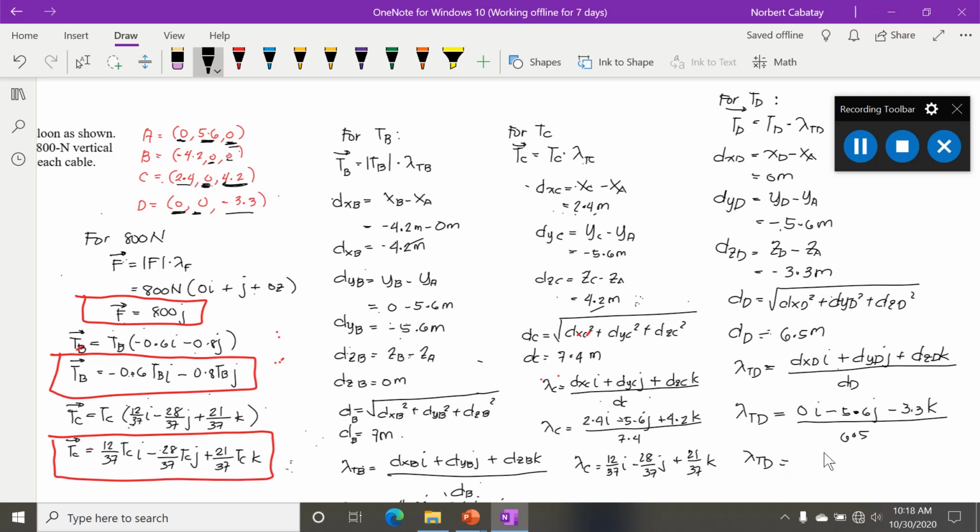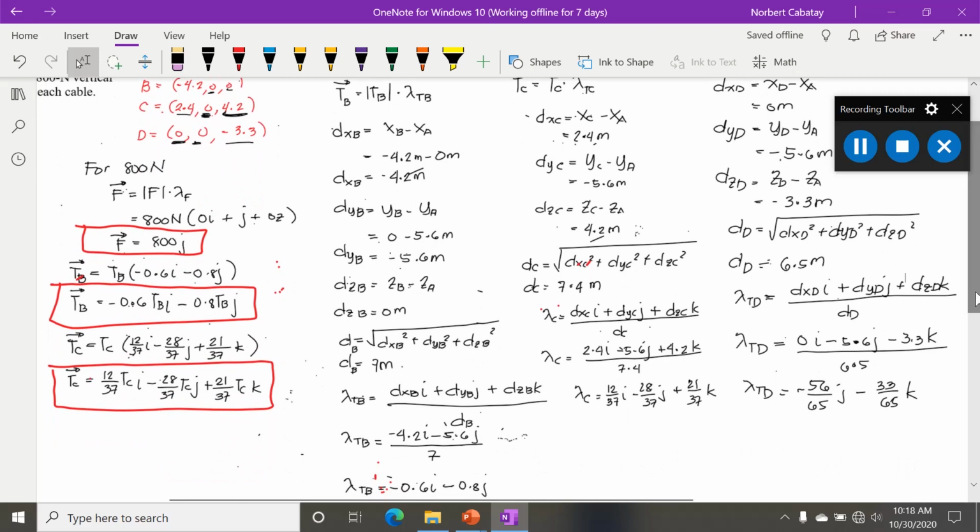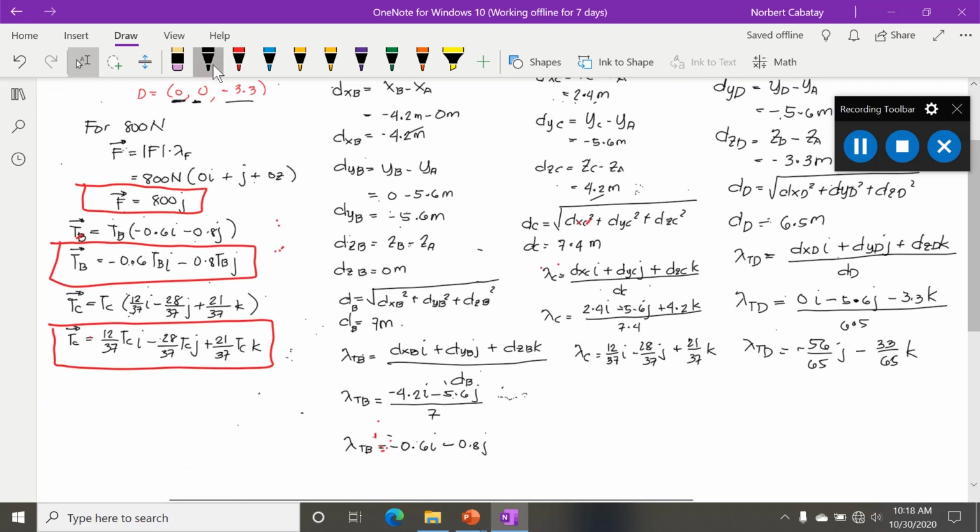Then, negative 5.6 divided by 6.5, it's negative 56 over 65 j, minus 33 over 65 k. Therefore, it follows, kung susolvin natin yung ating tension D in vector form,